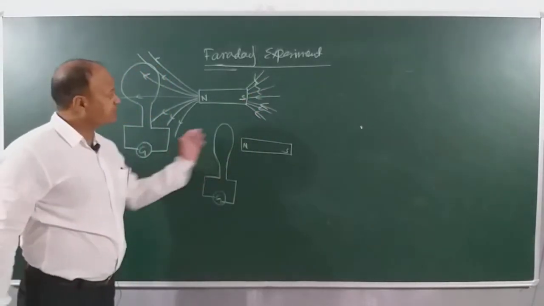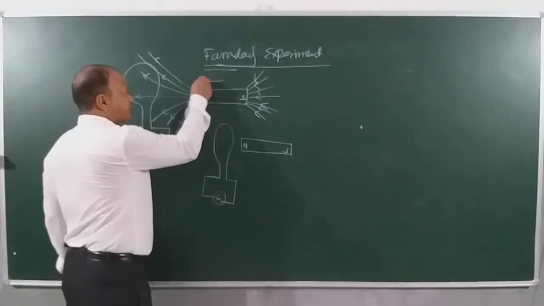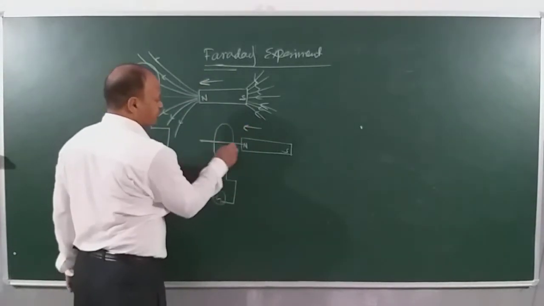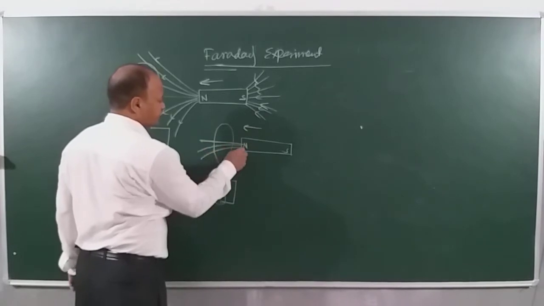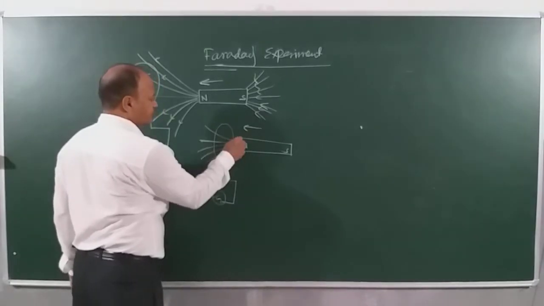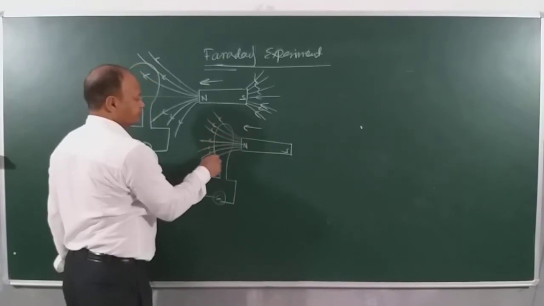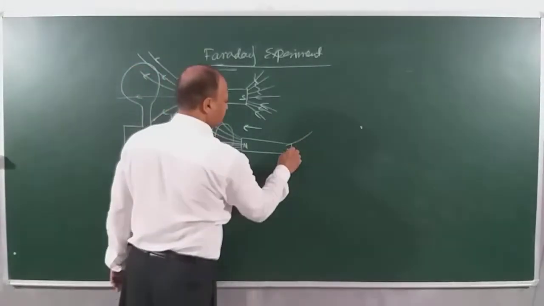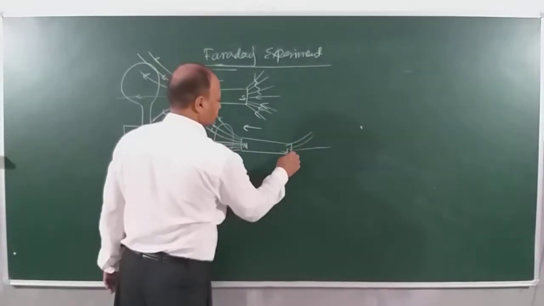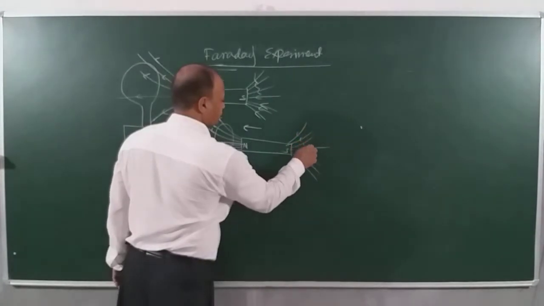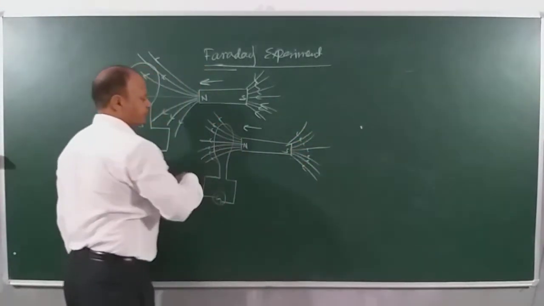Now when the same magnet is coming closer, remember the magnet is coming closer, then you can see that a larger number of magnetic field lines will be intersected by the coil. You can clearly see here that all these lines will pass through the coil. And here the same lines will be going away, going into the south pole and going away from the north pole.